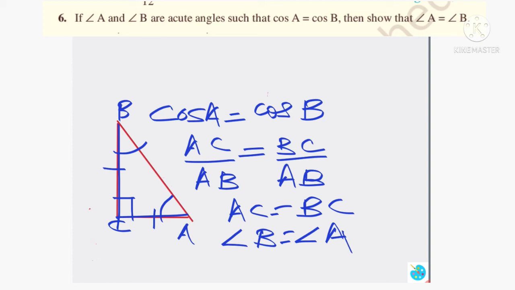But to be perfect, according to me, since it is not mentioned that they are part of a single triangle, you should use the lengthier method which we discussed earlier. And even in an NCERT example, a similar question is there which is solved using two triangles. So I hope you get it.